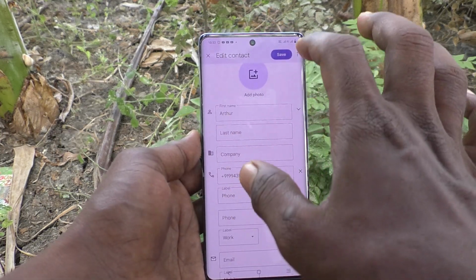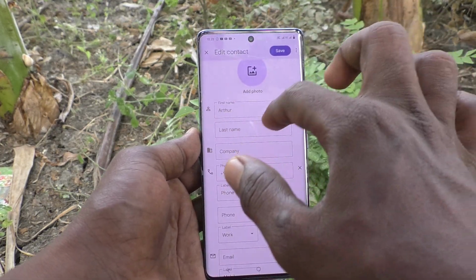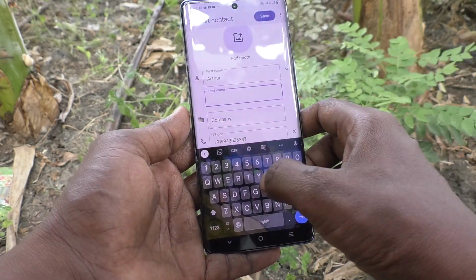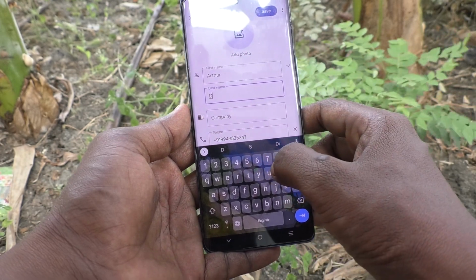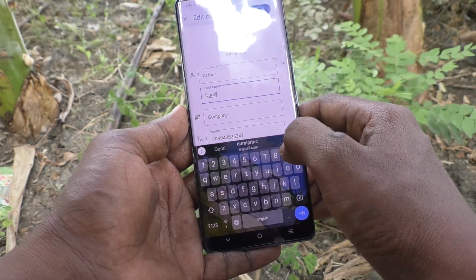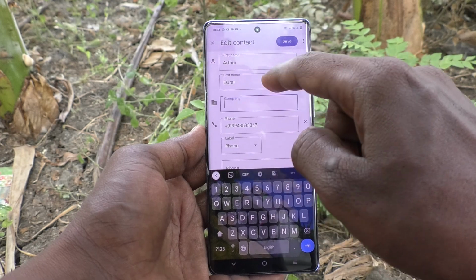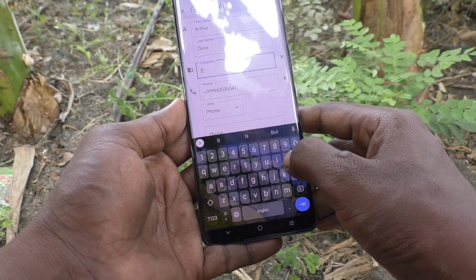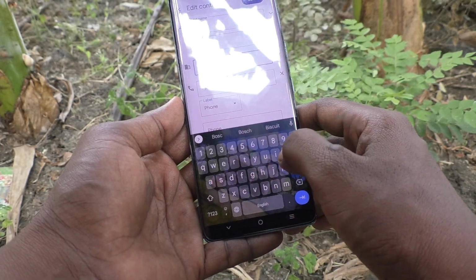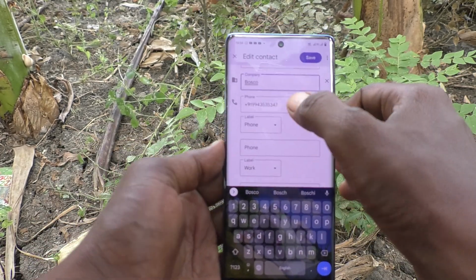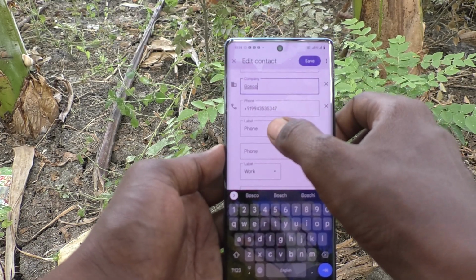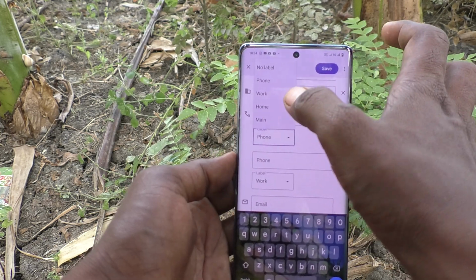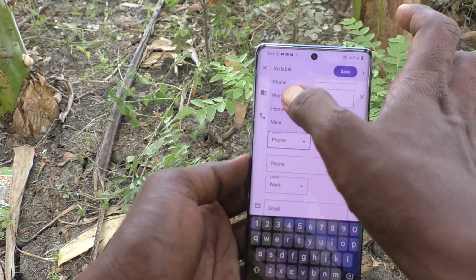So the already available name is Arthur. If you would like to add a next name, yes, you can do it. Here you can type the last name, then company. Here you can type the company name. Okay, then here phone number, then label. You can assign any label to your contact,